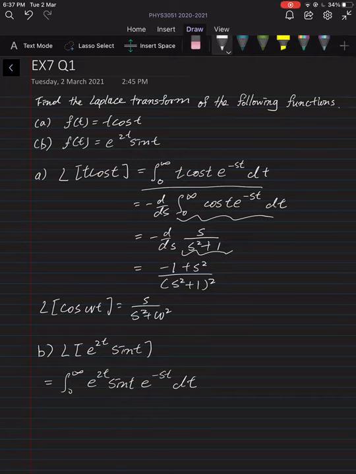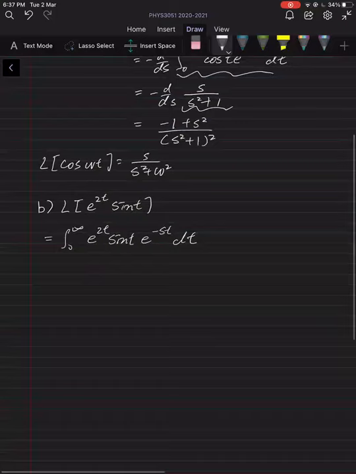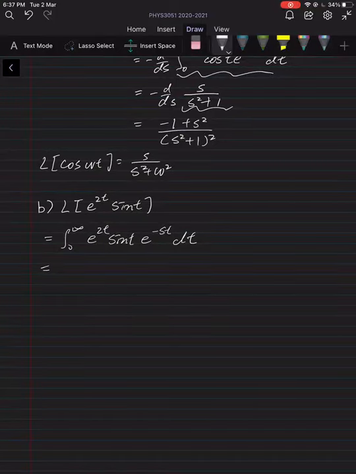So what can you do? Can we do a change of variables, because we can now combine the exponentials as e to the power minus (s minus 2) times t? Yes, correct. But you don't really need to do the change of variable,